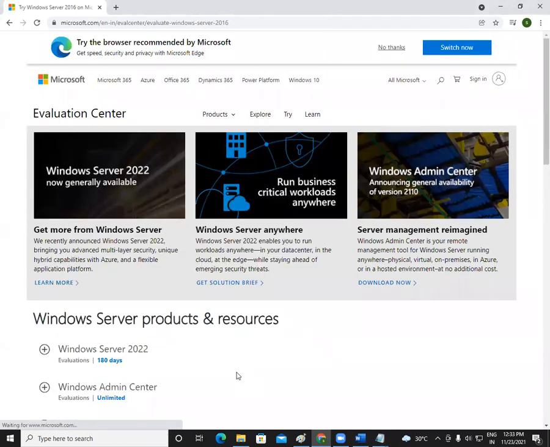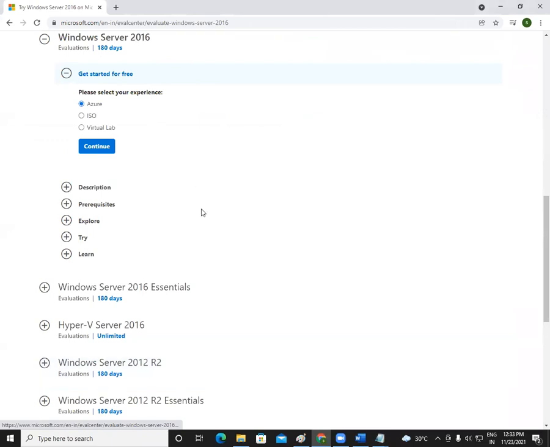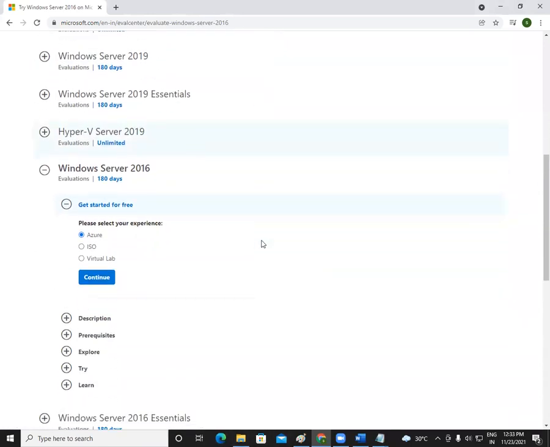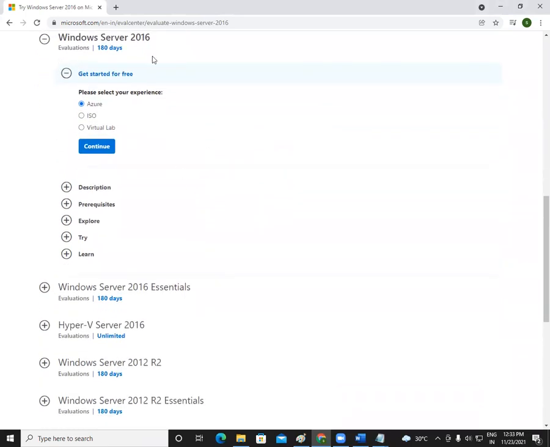Once you go to the Microsoft.com website, it shows you Windows Server 2016, and 2019 as well as 2022 options are also available. Go to Windows Server 2016, because that is what we are learning here, and select the ISO option. That means you are downloading the Windows Server 2016 ISO image, which is free for 180 days. Evaluation mode is for 180 days.